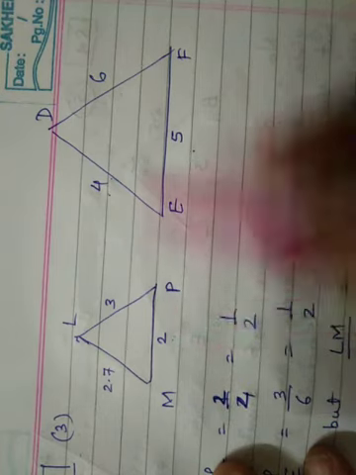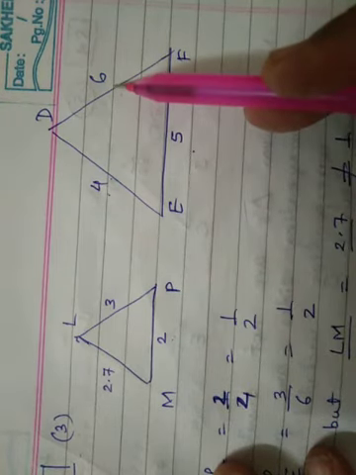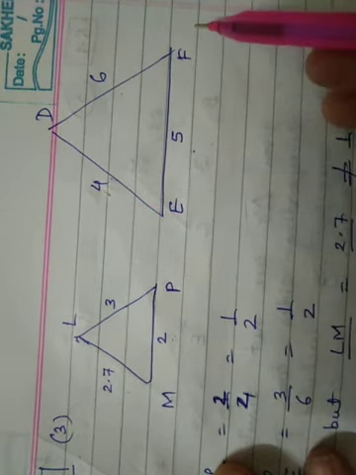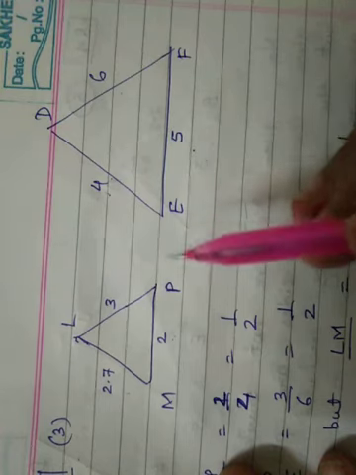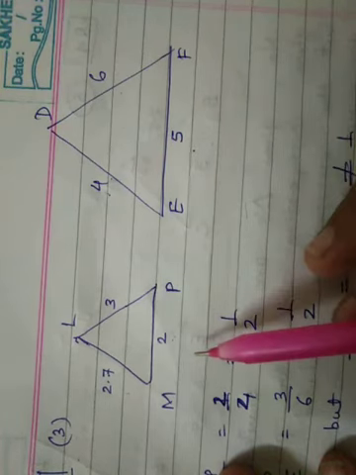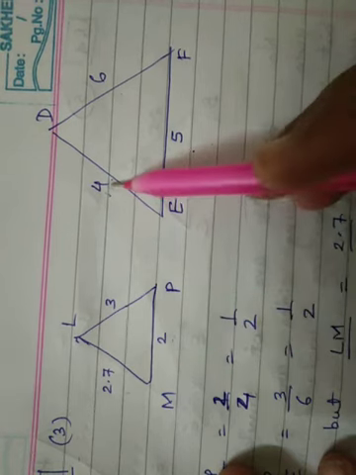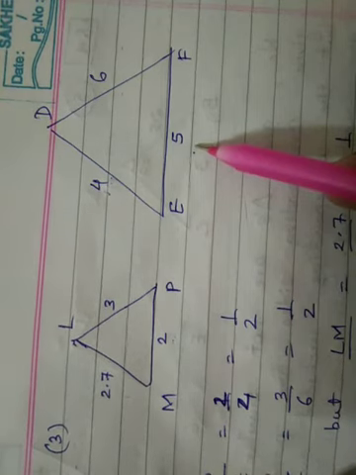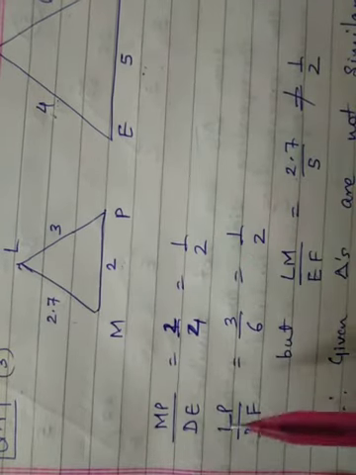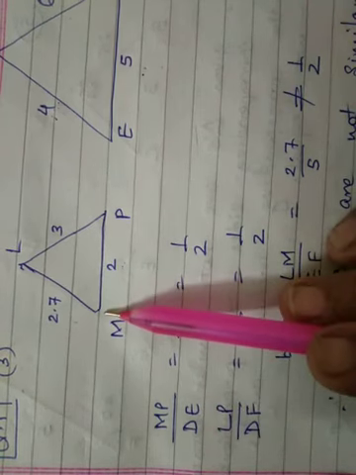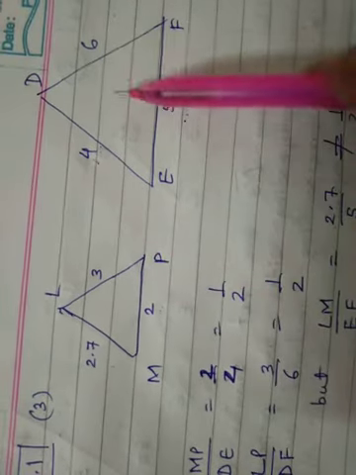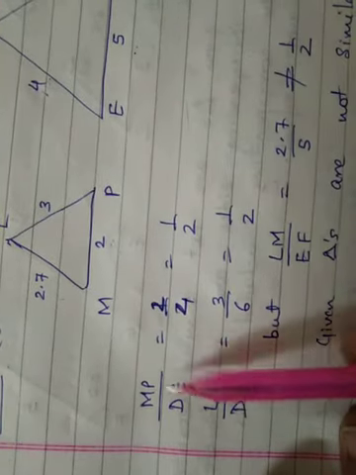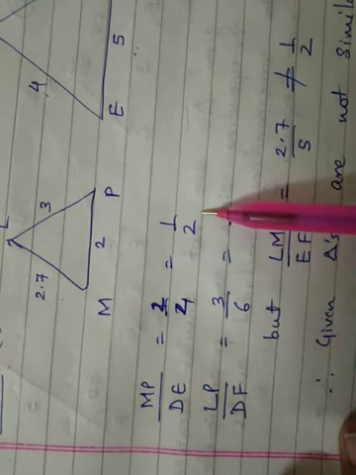If I try out with other ratios, say 2 upon 6, it would give 1 upon 3. But 3 upon 4 does not give any ratio. 2.7 upon 5 does not give any ratio. So we try to take maximum coverage, we try to find where we are going to get equal ratios. So I take 2 with 4, I take 3 with 6, but 2.7 with the third side 5 does not give me an equal ratio. So I start with, in my figure, MP and along with that DE. So I take the ratio of MP and DE, which is 2 upon 4, that is 1 by 2.